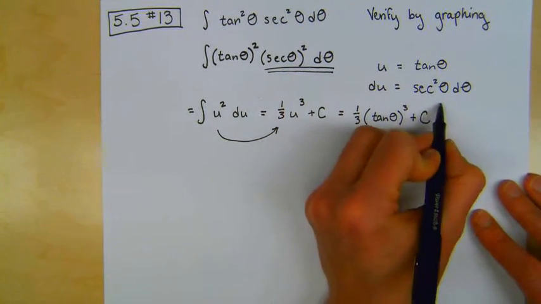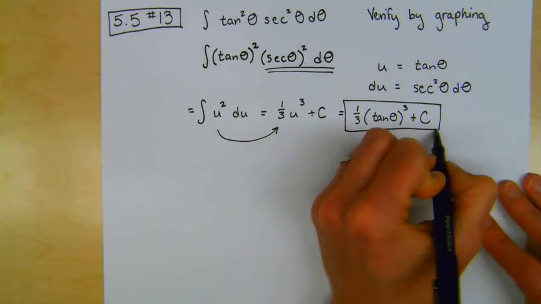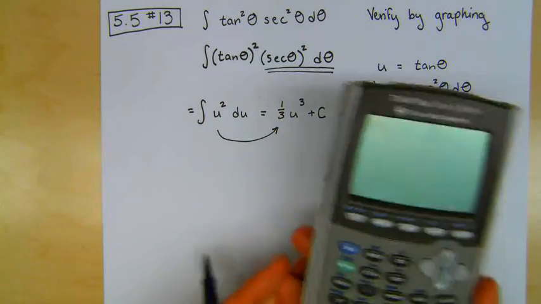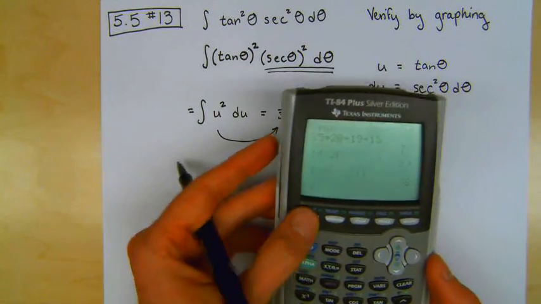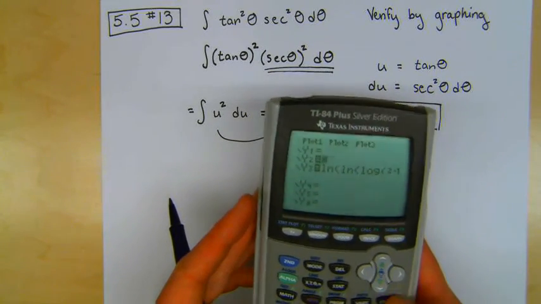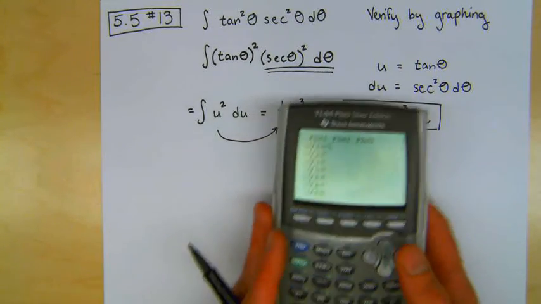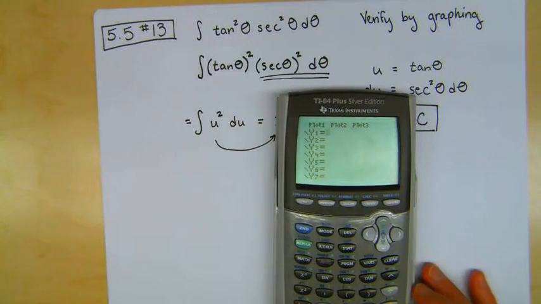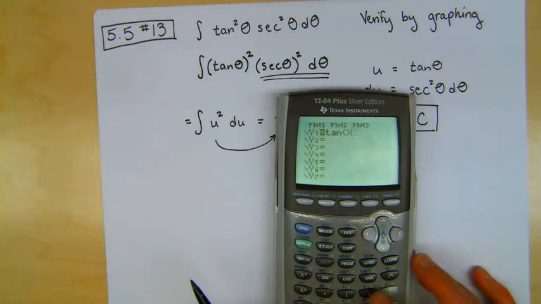And this question asked for one final step. They wanted to graph this function to verify our work. The easiest way to do that is to graph it either on GeoGebra or using a calculator. So I'm going to go in and I'm going to graph the original function, which was tangent of theta, our x value, squared,